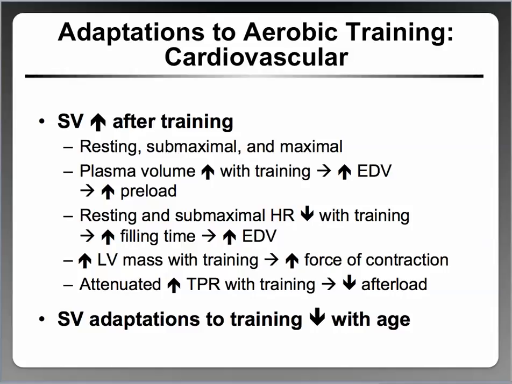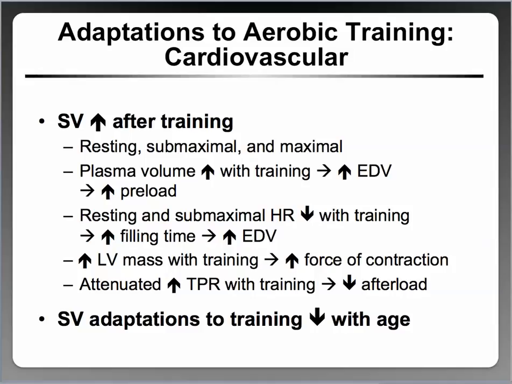Going down to the next point, I think we've mentioned this also, but as you increase in training, resting and submaximal heart rate decreases. And this has a beneficial effect on stroke volume, because since your heart isn't contracting as often, it gives you a greater amount of time to fill up the ventricles with blood. And this results in an increase in end diastolic volume, and then eventually an increase in stroke volume. Okay, so moving on to the fourth point,